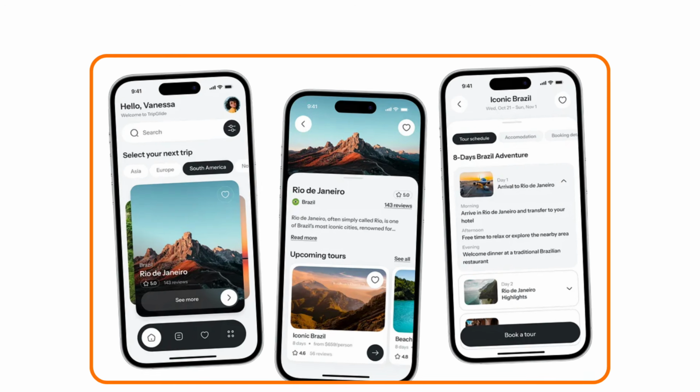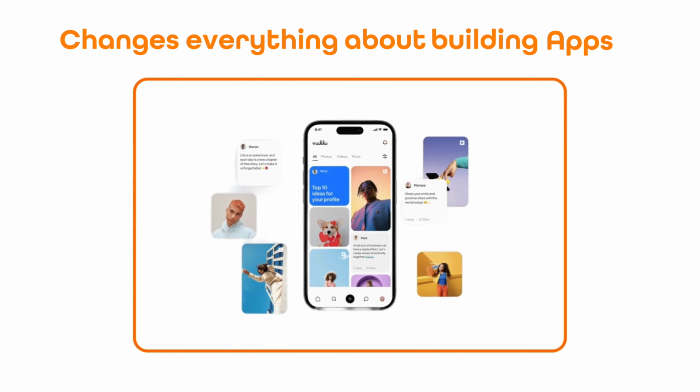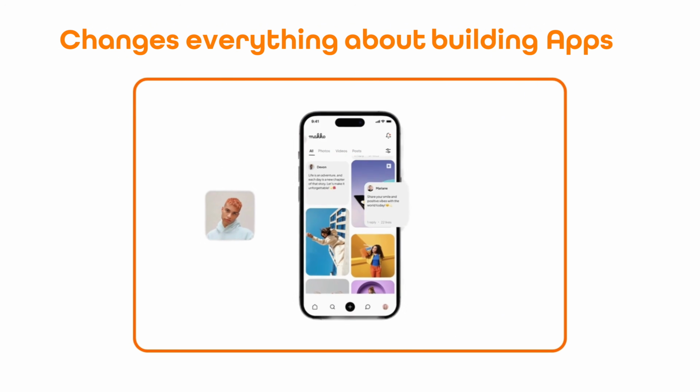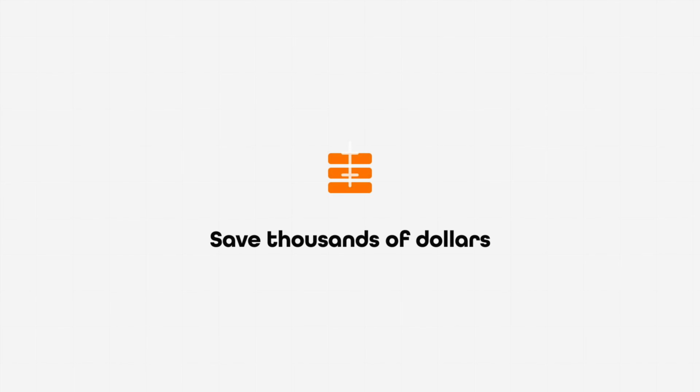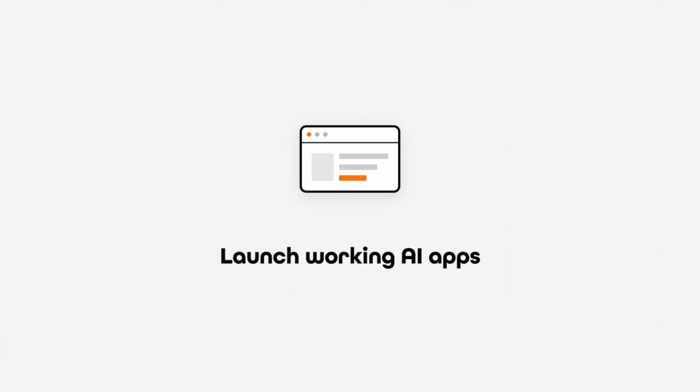Google's Antigravity changes everything about building real apps. Most ways of building apps require you to be either highly technical or to know how to code. And in this video, I'm going to show you how Antigravity makes this incredibly easier and way faster. So you can avoid costly mistakes, save thousands of dollars, and launch working AI apps without needing a full engineering